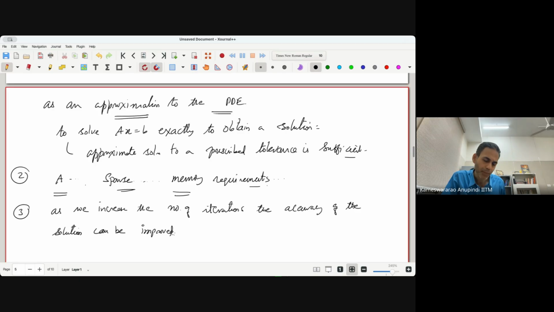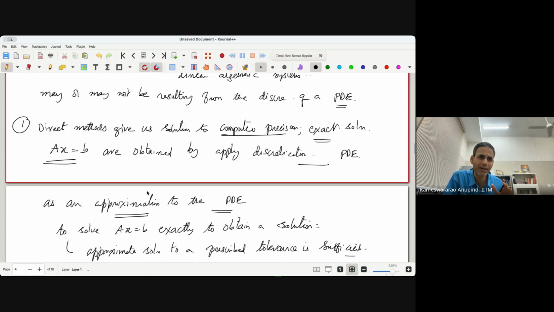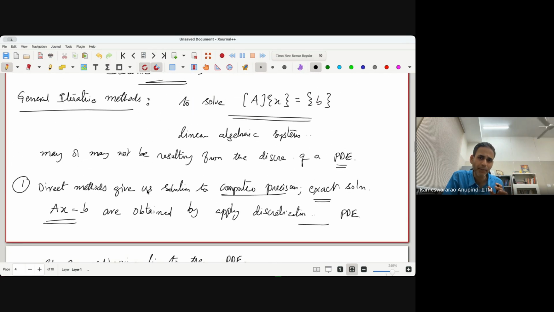That means if you take a certain number of iterations, you get some answer, but you can increase the number of iterations so that you get the answer better. So in that sense, we can increase it such that it goes to whatever is the solution that we desire to the particular tolerance. With this motivation, we will look at how a general iterative method is going to work for solving